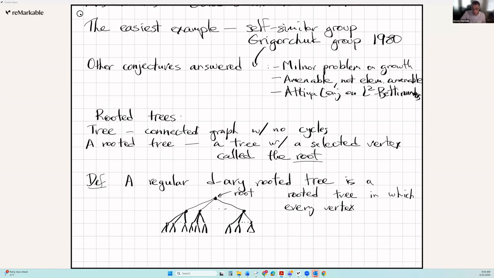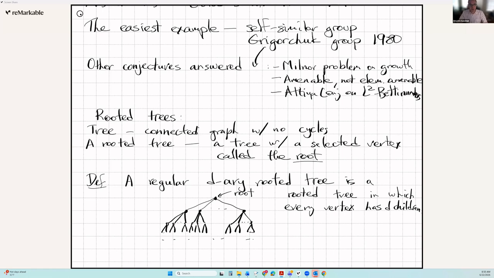so I'll write, has d children, and I have to tell, of course, what are children, but probably it's clear from the context. So in a tree, there is always exactly one path from any vertex to the root, right? And then all the neighbors of a given vertex which are not on that path are called children. So that's what it is, a tree in which every vertex has exactly d children. Okay, so it goes on to infinity, right? And that's going to be this rooted tree.